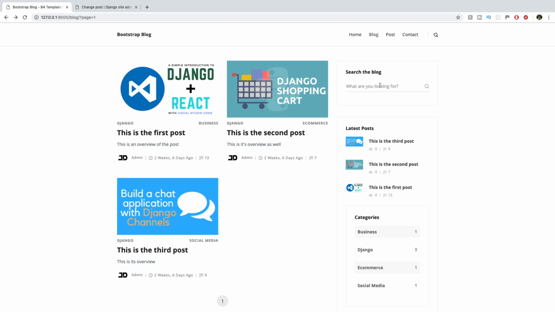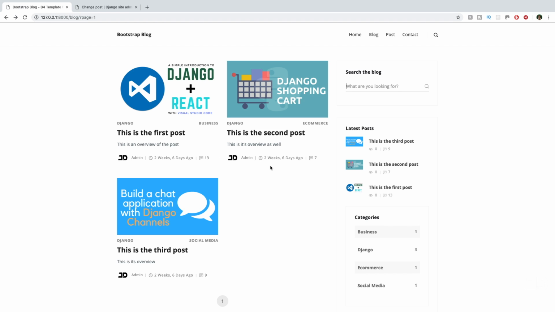So basically what we need to do is just take whatever this person is inputting. So this could be some kind of phrase that they're typing in, and basically just try and match that to whatever kind of text we have in our models. And in this case, we have the title and we have the overview of those posts, which we could try and match to whatever the user is searching. And that's just a basic way of searching. You could also search in a variety of ways, by the category or by the user, etc. But we're going to focus on searching based on text, and in a really basic way, which just returns results